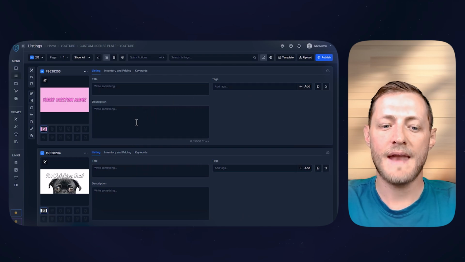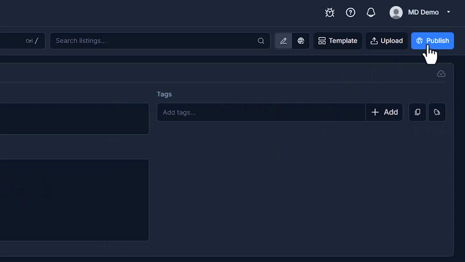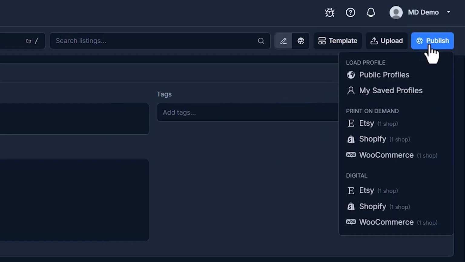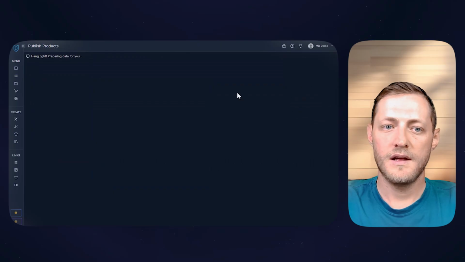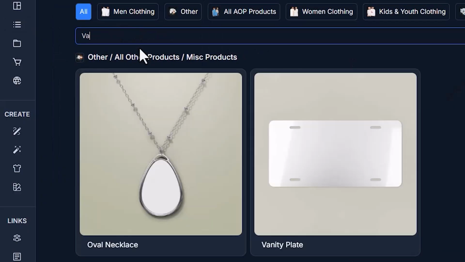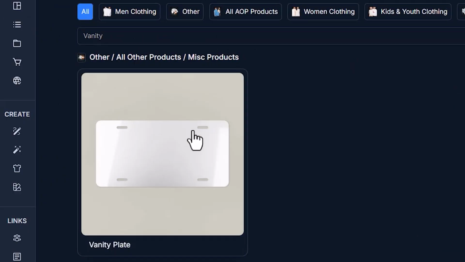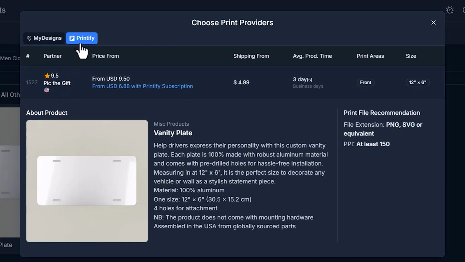So our next step now is to essentially just publish these designs. So we can go to the top right corner here and click publish. I'm going to do this to our Etsy shop. So under print on demand, we're selling these, not digital. And then here, I'm just going to search vanity, find our vanity plate, select it, and then we're going to,